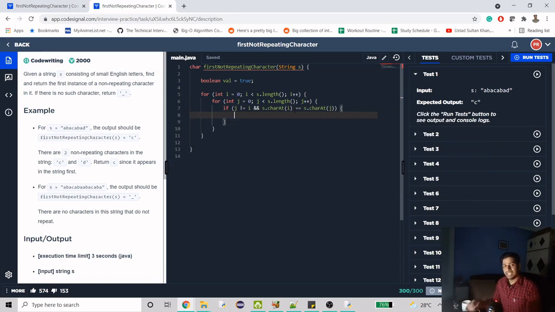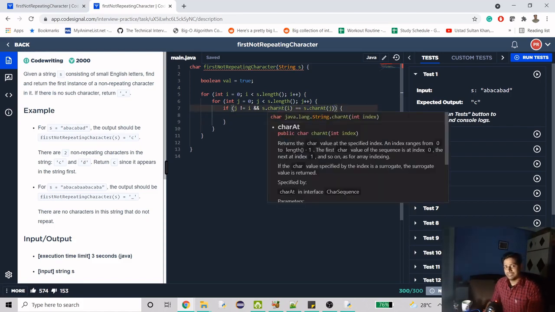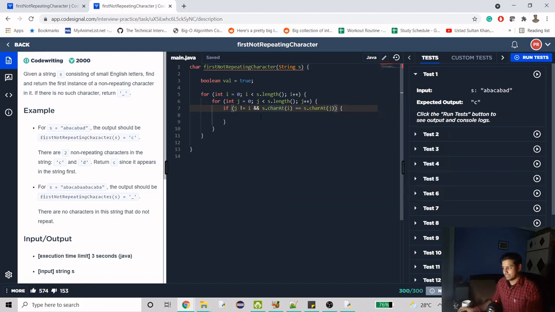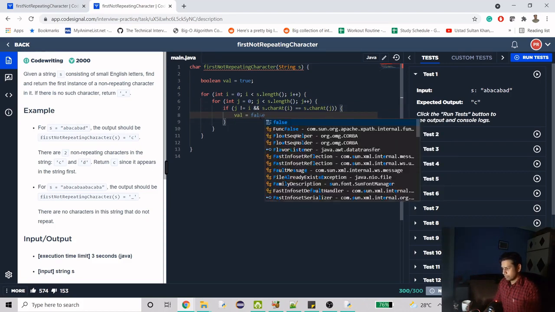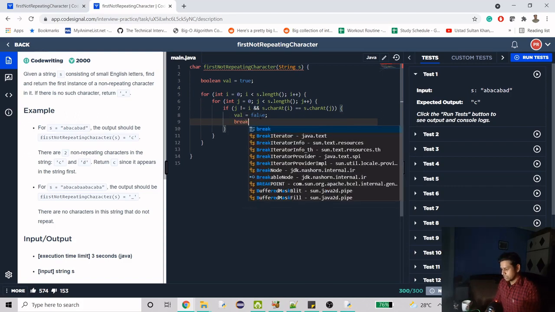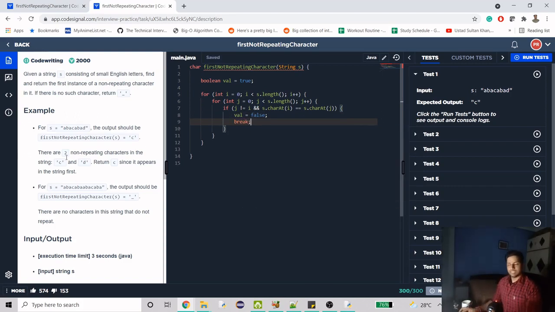If we get the second occurrence, that means this is not a non-repeating character. So we can directly set the variable to false and break out of the loop, right?